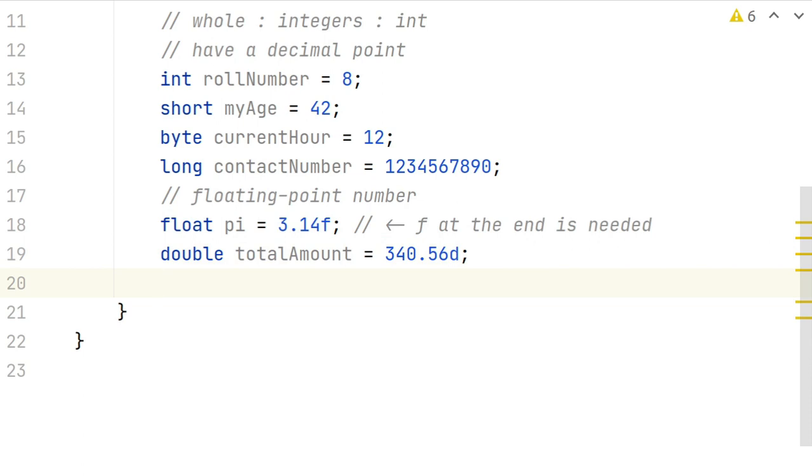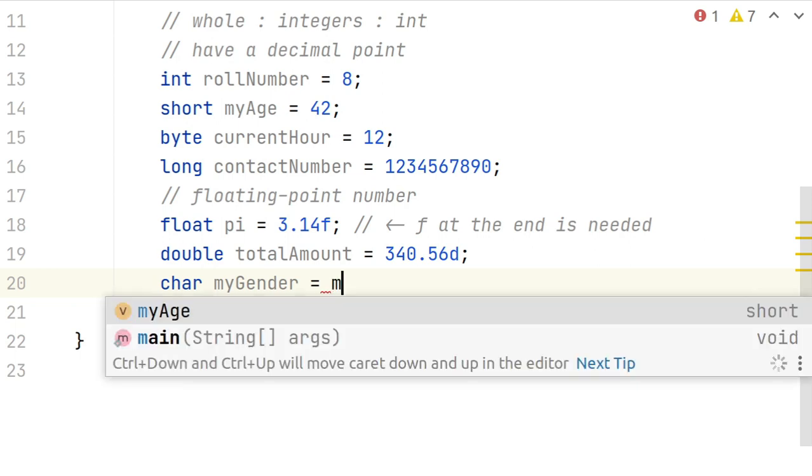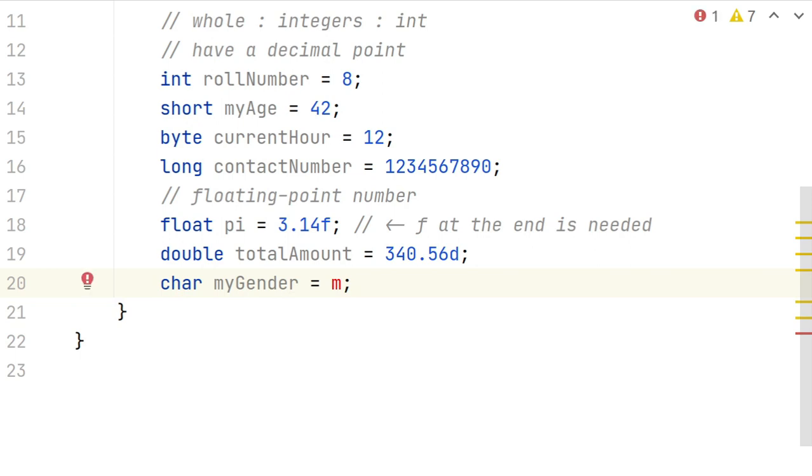Next up is the character data type. Character, my gender is equal to, and we will store a character data, right? So quite intuitively you will write it like this, right? But IntelliJ or any Java compiler will fail to understand this, right?